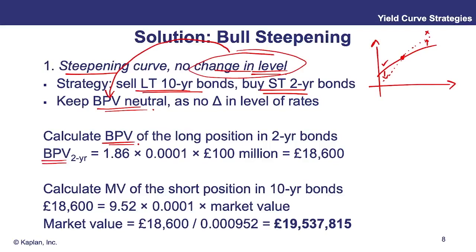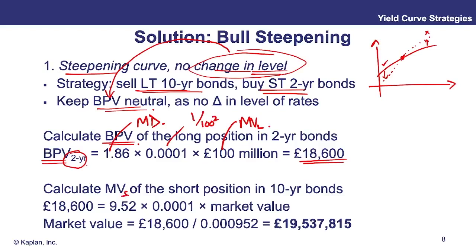Oh, by the way, you were told earlier that the market value of the long position was going to be 100 mil. We need to know that. You multiply through by its modified duration. You can go back and check. The modified duration is 1.86 for the short-dated bond, which we're buying. And that's a basis point, which I describe as 1 over 100 squared. That comes out at £18,600. So then you can back out the market value of the short position you need to match that basis